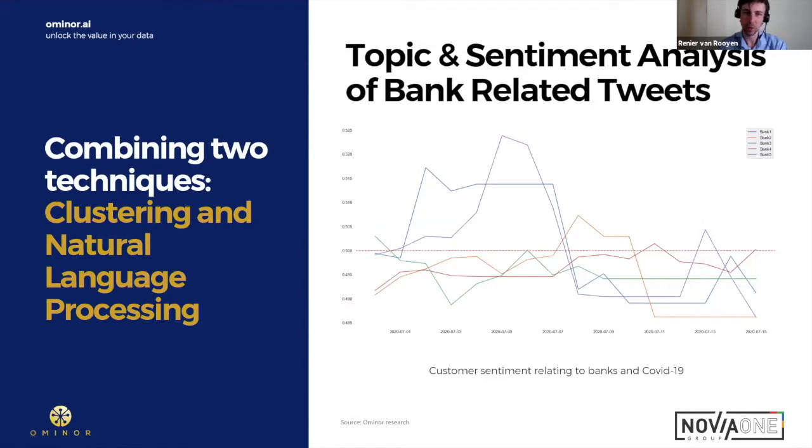You can see 2 of these banks did pretty well initially. Then something happened and suddenly the sentiment was much less positive. The other banks have been doing okay, a little bit below the line, but I think Twitter tends to be quite negative as a rule. So being close to that halfway line is generally okay.